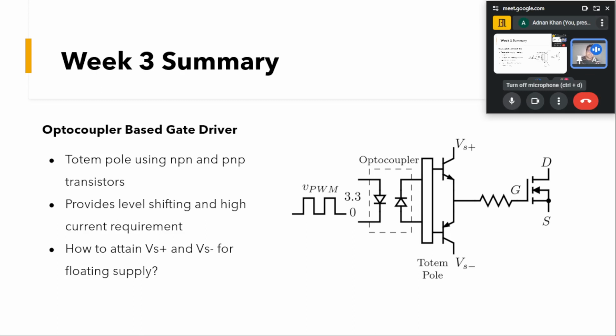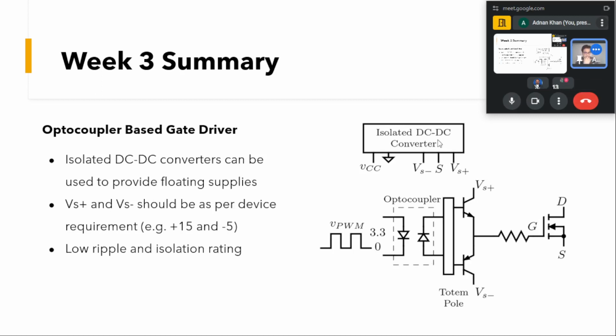And also what we had seen is both of these voltages are with respect to this source. And what we had seen, if we have a half bridge connected to a DC bus, the high side switch will have this floating supply here. Now we want to see how we will attain this VS positive and VS negative with respect to that floating point, because we have to take that floating supply into consideration. So one of the ways to tackle this is through an isolated DC-DC